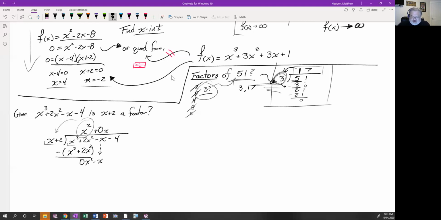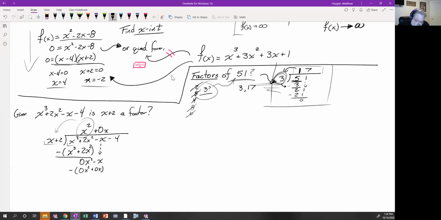I want the placeholder. I'll leave it out later. But having everything line up and keeping all those placeholders is really handy. So 0x times x is 0x squared. 0x times 2 is 0x